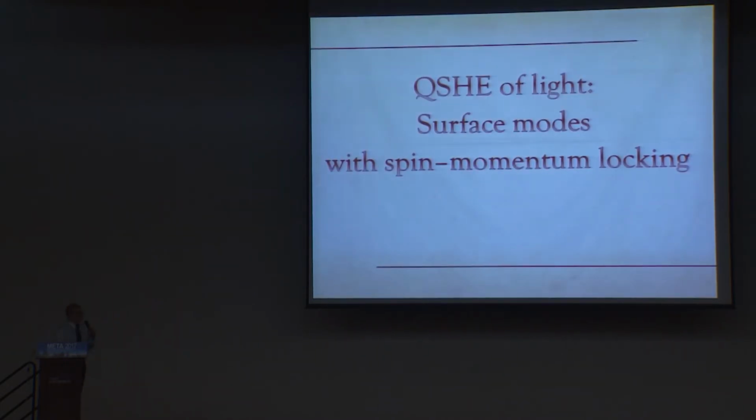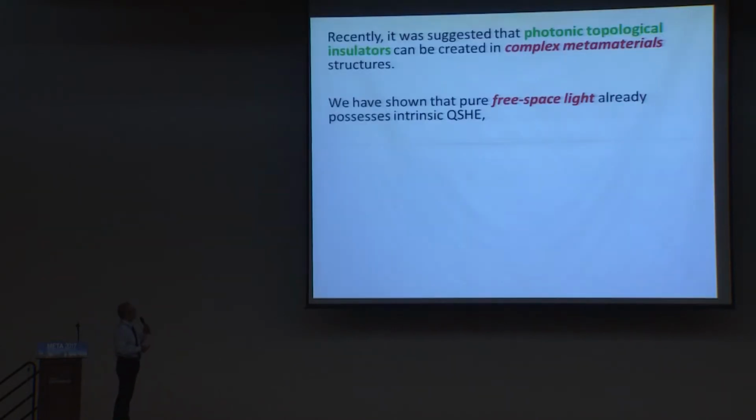So let's look at this right now. The surface modes with spin momentum lock-in: this is the key ingredient to have this effect here. There are some proposals, some topological photonic insulators created in complex metamaterials. What we're focusing on instead is free space light, which already possesses an intrinsic quantum spin Hall effect,